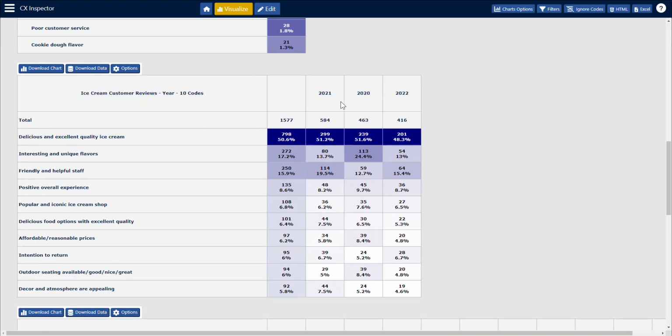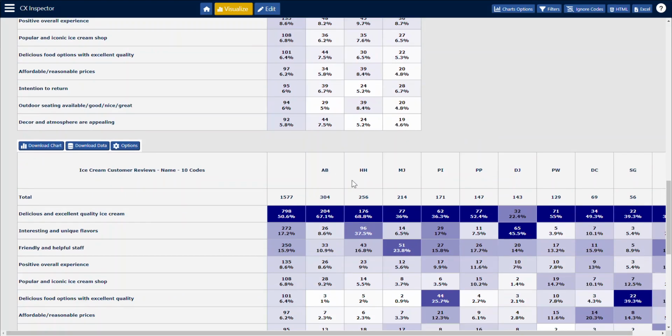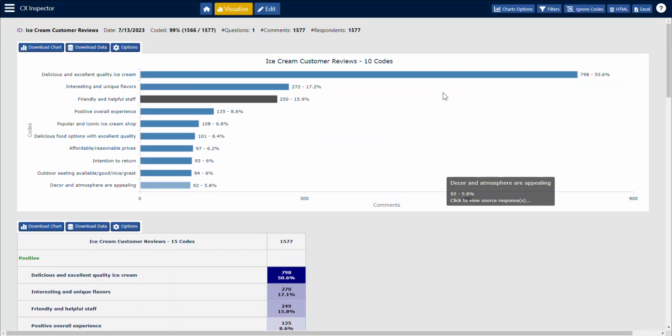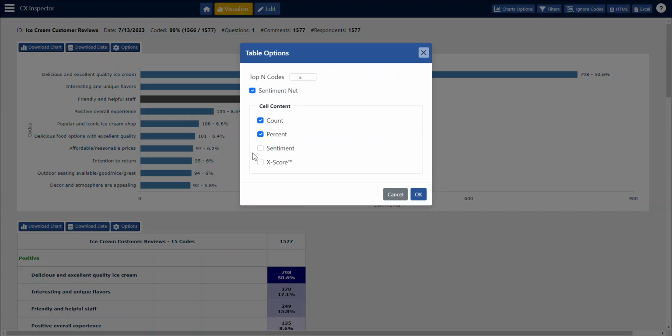We can see the years as a banner, the shop name as a banner, and the star rating as a banner. Each of these visualizations is customizable, so each has their own options. So here, if we wanted to see sentiment rather than count, we could. If we wanted to take the sentiment nets off and just see the top 5 codes, we could do so. So each of these are